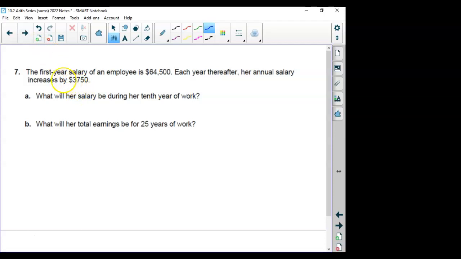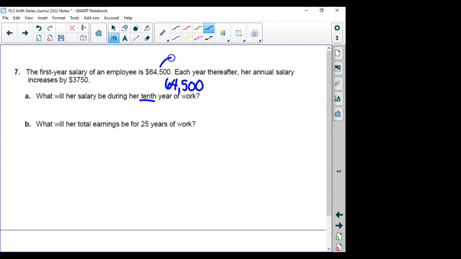All right. The first year salary of an employee is $64,500. Each year thereafter, her annual salary increases by $3,750. What will her salary be during the 10th year of work? During the 10th year, she will have only had 9 increases, right? Which follows our pattern of n minus 1. So